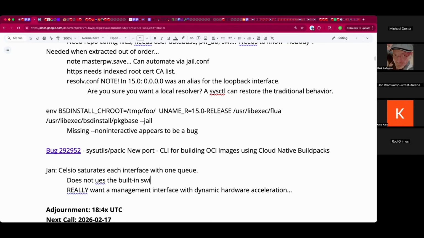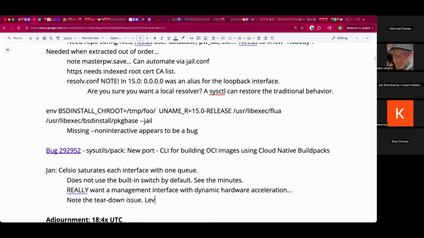Well, I have one gotcha you still have to watch out for, and that is if you destroy the VNet enabled jail while the interface is inside of the jail, instead of giving the interface back, the jail will get stuck in the dying state and will never die. Right. And the workaround for that is to configure the jail to be persistent so that it doesn't get accidentally garbage collected when you kill the last process, and then have a pre-stop